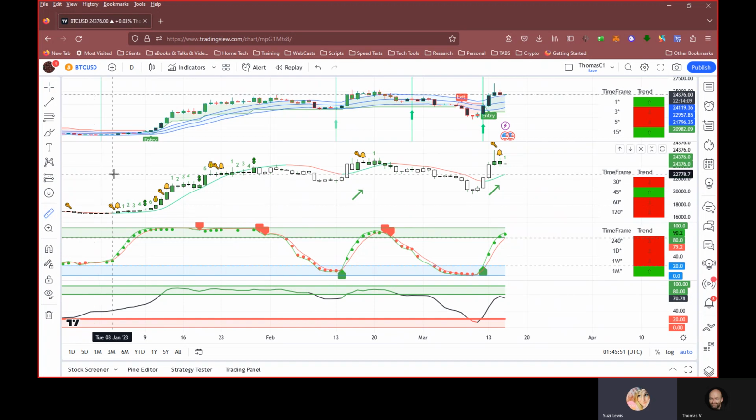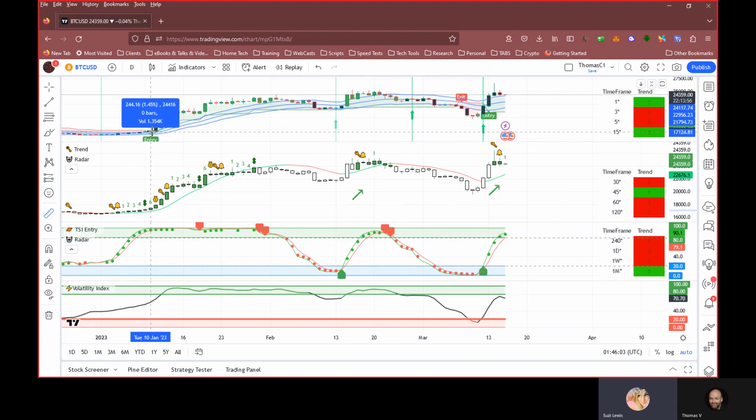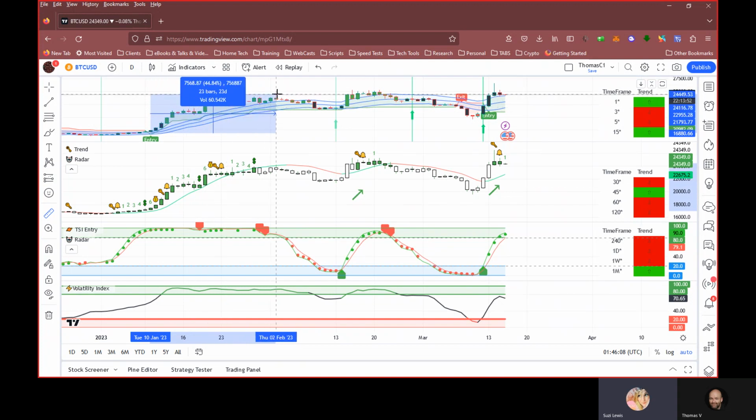Go to the top indicator where it says entry and click once on the left-hand side, that one, click once and let it go. Now drag that to an area where it grew to a good level and click once, at the top of a candlestick. Okay, we'll say you did that. The results show that it went up